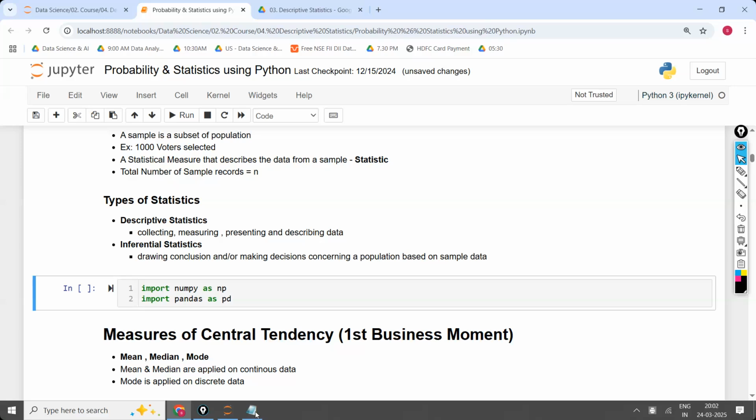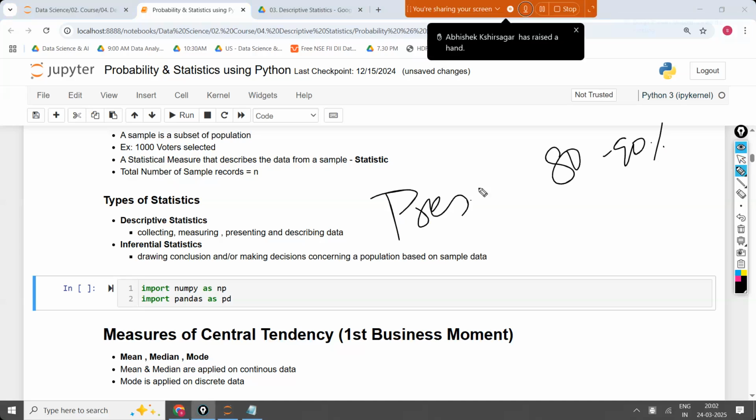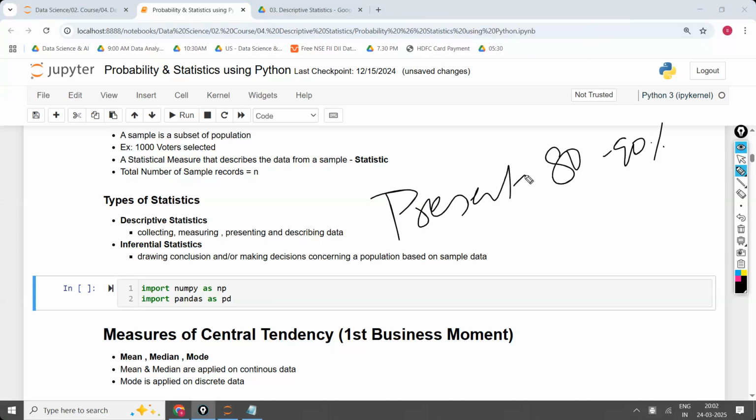Now, so these many students have attended my previous statistics class. I am assuming that the remaining students have not attended. For example, here close to 80 to 90% of the students have raised the hand out of today's presentees. Now what about the absentees? Based on this, I am estimating the absentees also have attended my class. This is called inferential statistics. Okay, is the point clear?